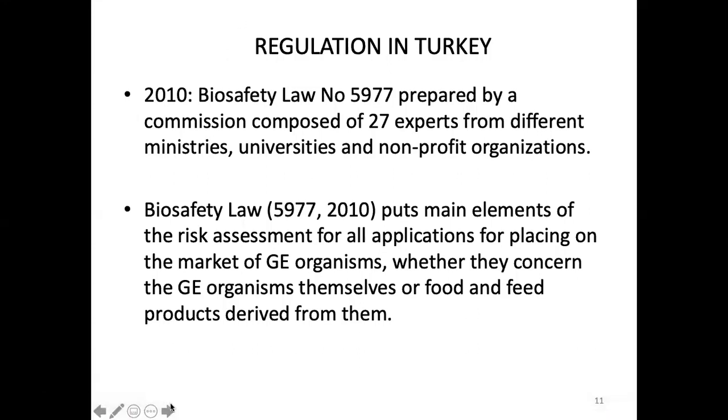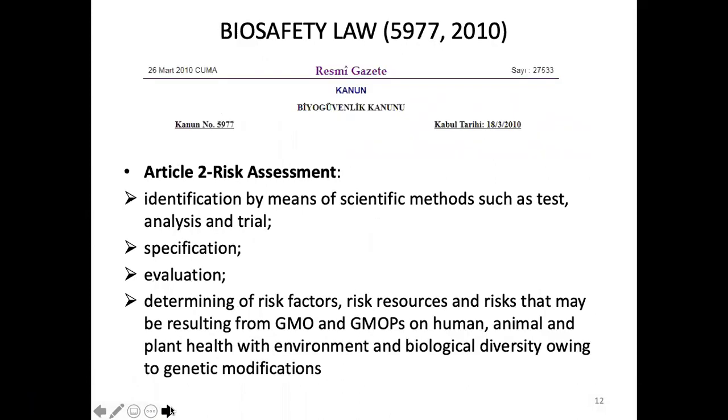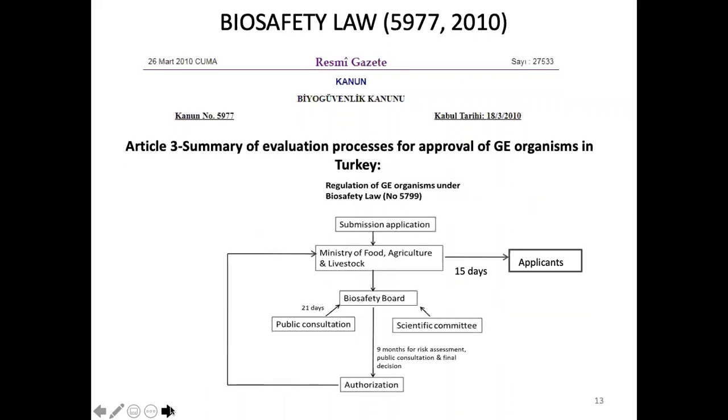This is an important law for biosafety, and this biosafety law includes some articles, and Article 2 is related to risk assessment actually. It includes first some definitions and the scientific methods items here in Article 2, and specification, evaluation, and determining of the risk factors, risk resources, and risks that may result from the GMO and GMO products on human, animal, and plant health. And this is important. And Article 3 in this law